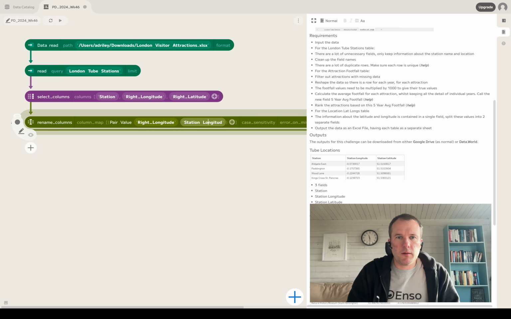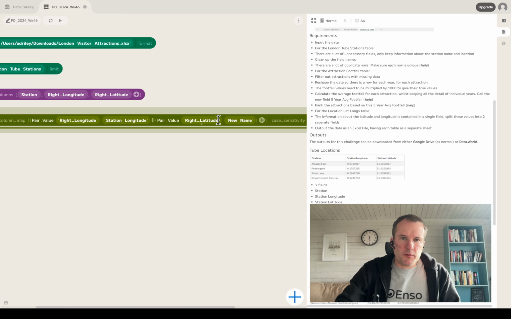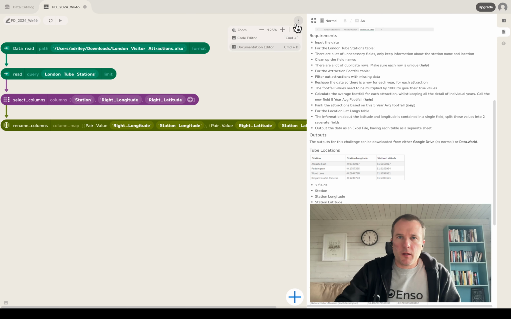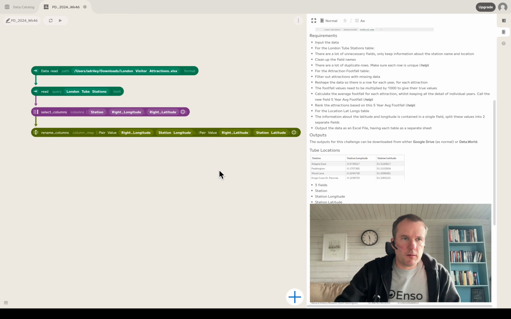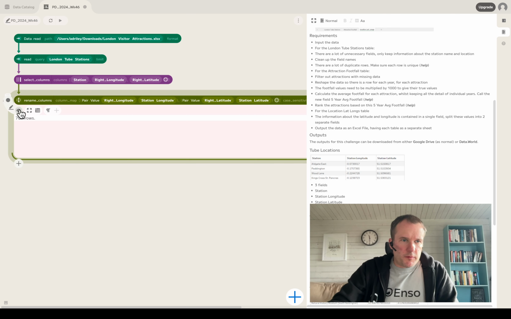Station longitude, and station right latitude wants to be station latitude. Just copy and paste that across. Station latitude. Okay, let's just zoom that out slightly so we can see how we're doing. Okay, so now we've got